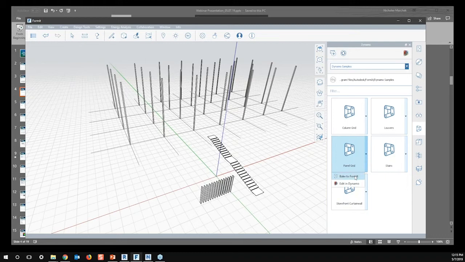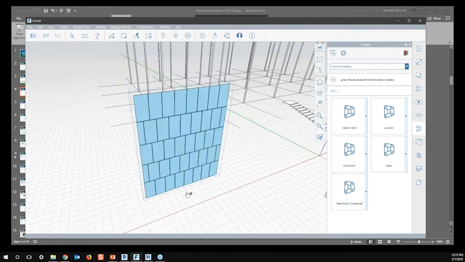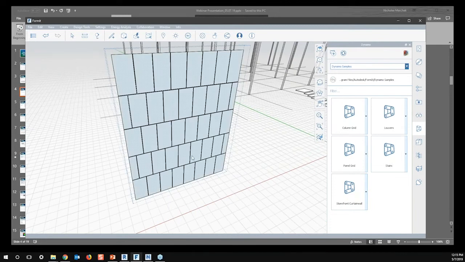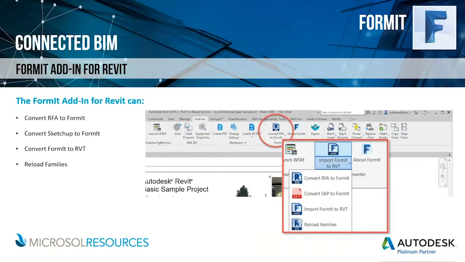I can drop in, if I want to do some studies, a panel grid system, and then I can start to manipulate that by entering the different inputs within Dynamo. So you can really see where these tools allow you to start accessing parametric design pretty quickly and fairly effortlessly. As I mentioned earlier, importing from SketchUp typically involves a handful of different steps,